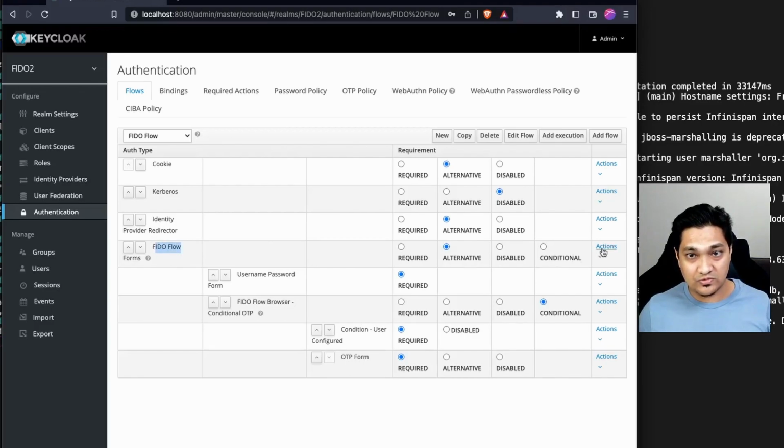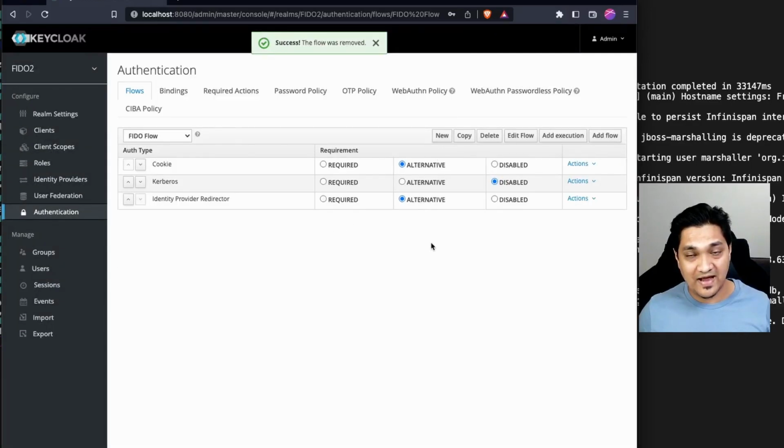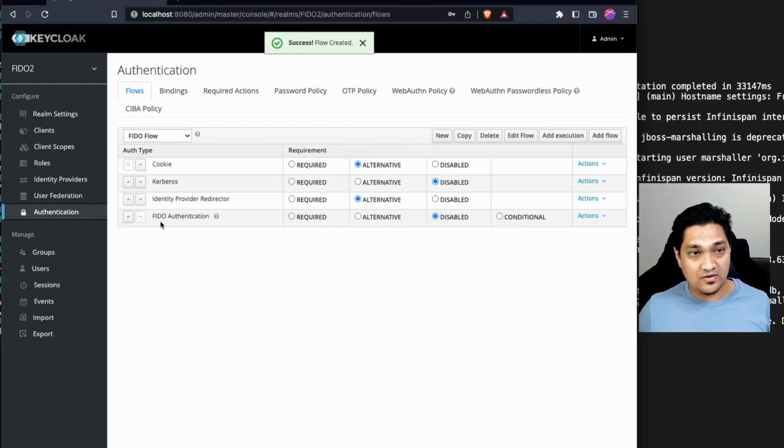So we're going to go to this actions and say delete. And now what we are going to do is actually add a new flow. So we're going to say new flow, and we're going to give this the name FIDO authentication. And the flow type is going to be generic. So when I say save, if you see here, now FIDO authentication has been added, and I'm going to mark